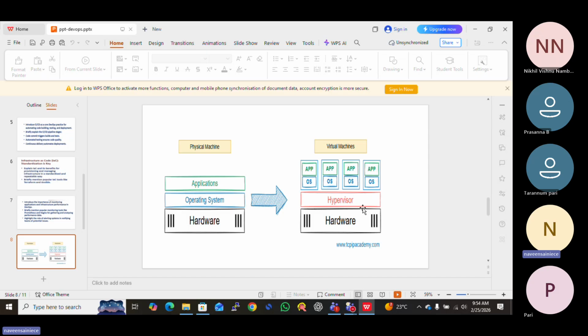So in Windows we will install VMware. After that, in VMware you will create a virtual machine, and on top of that virtual machine we will install the Linux operating system. So you can practice on Linux, and you can install whatever tools we require to learn DevOps.